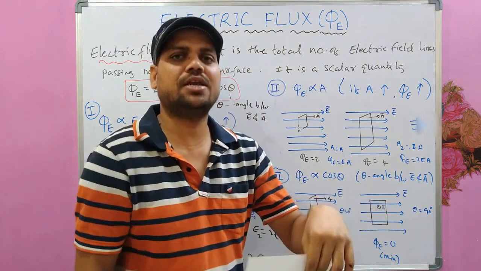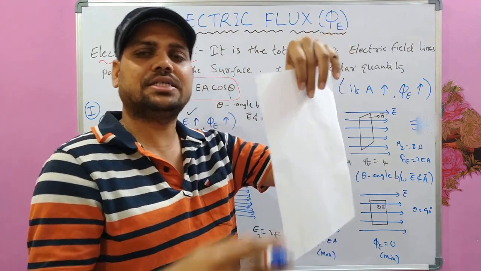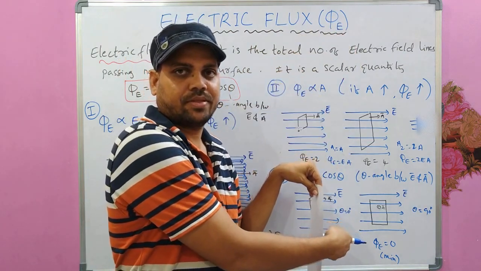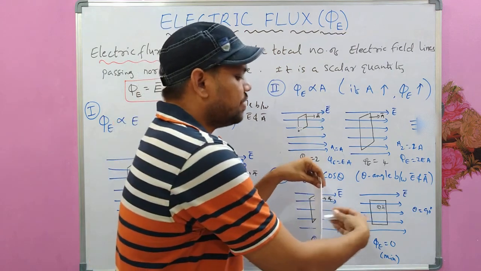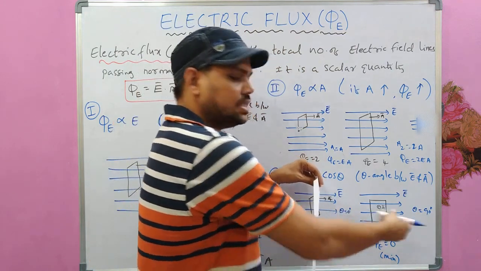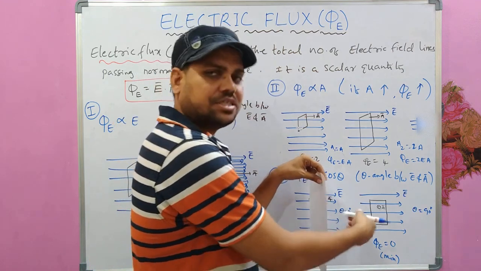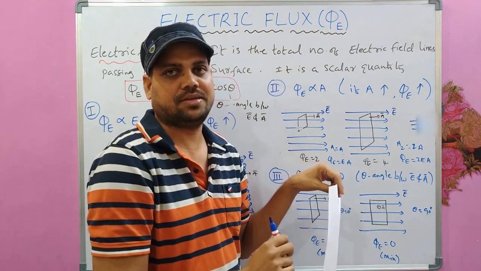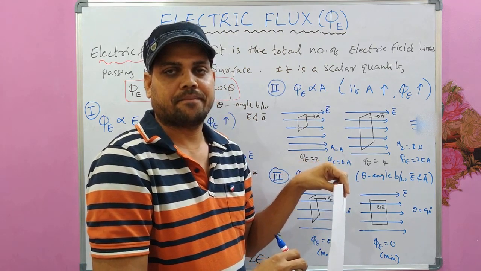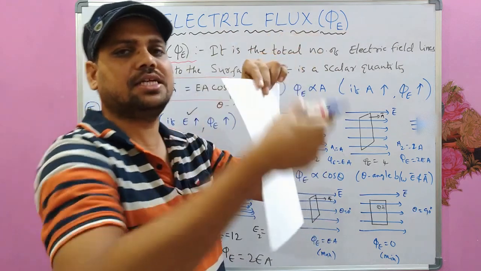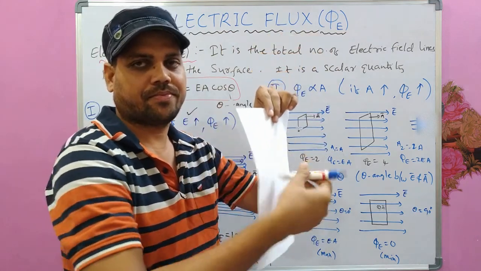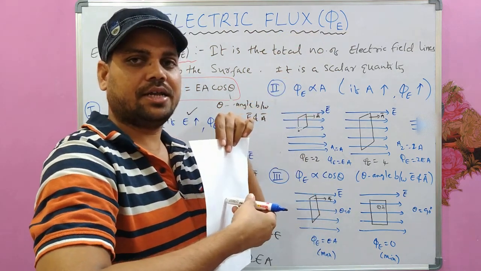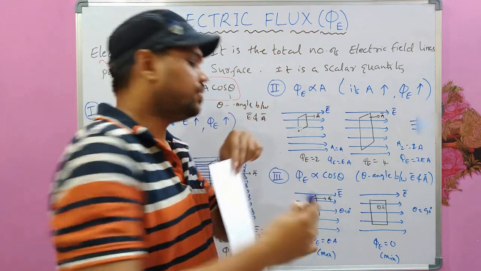Minus EA. But usually what we do is, the area vector is considered in the direction of electric field. If electric field direction is in this way, area vector is also considered in this way instead of this way, for 2D surfaces. But for 2D surface, area vector can be this way or this way, as I said in the beginning. Usually we consider this area vector instead of this, so that we take theta 0.